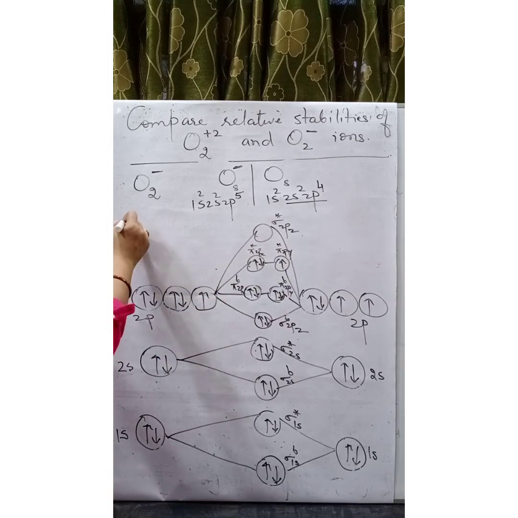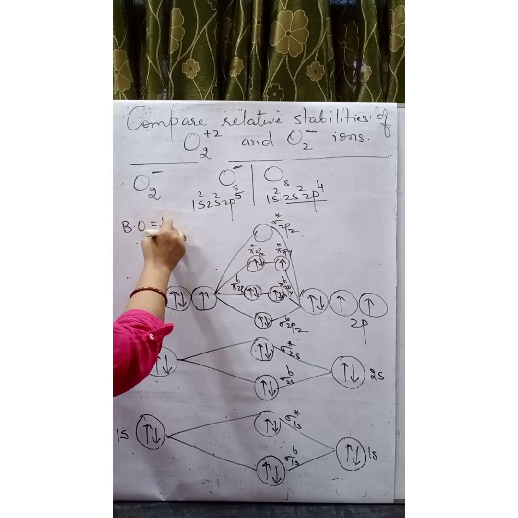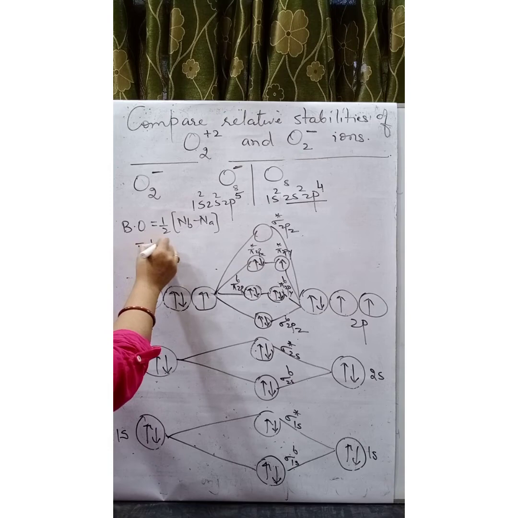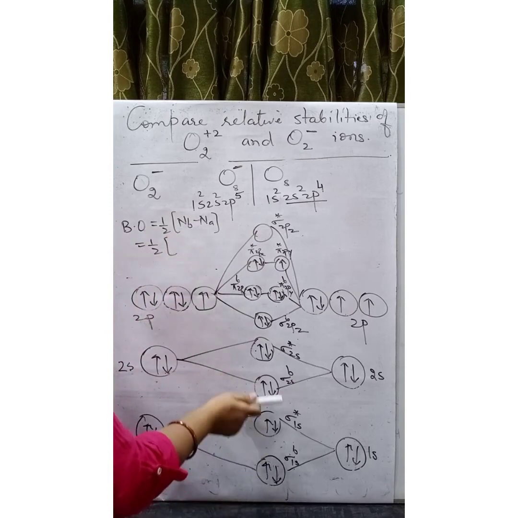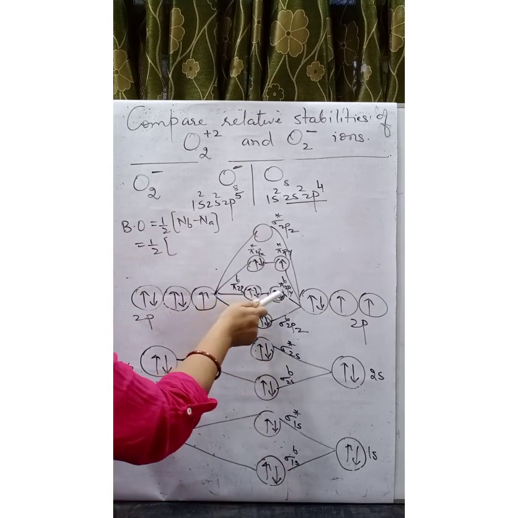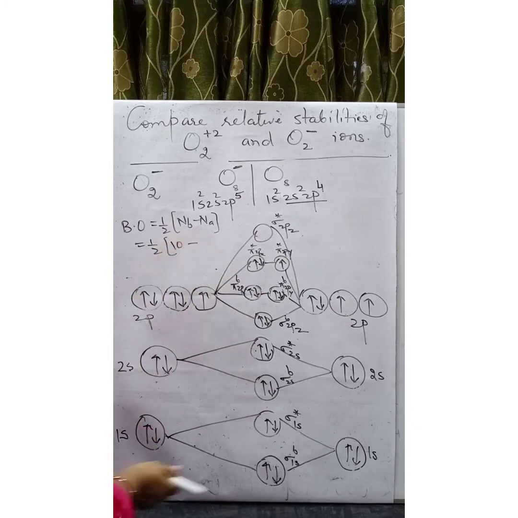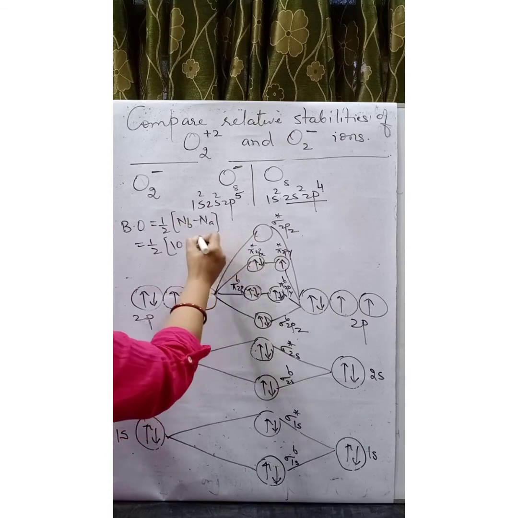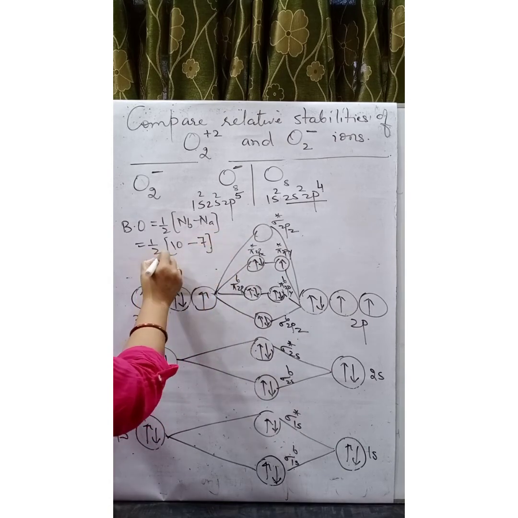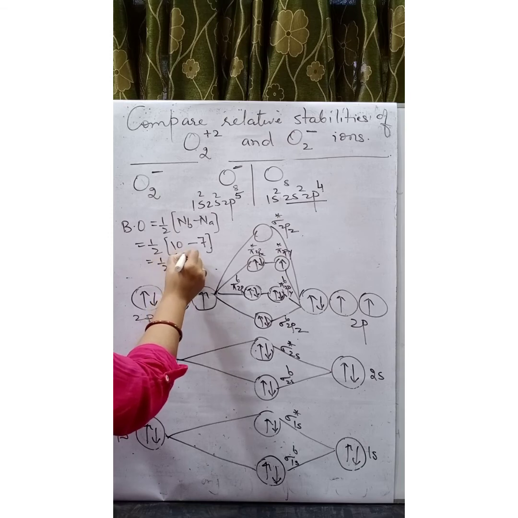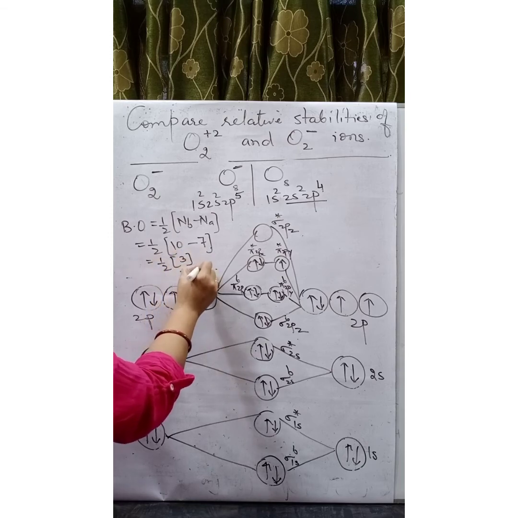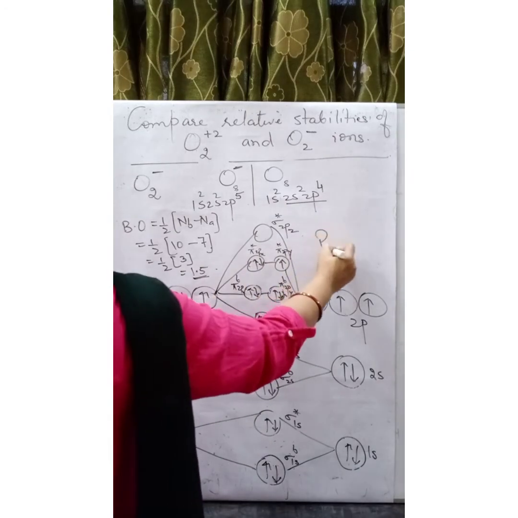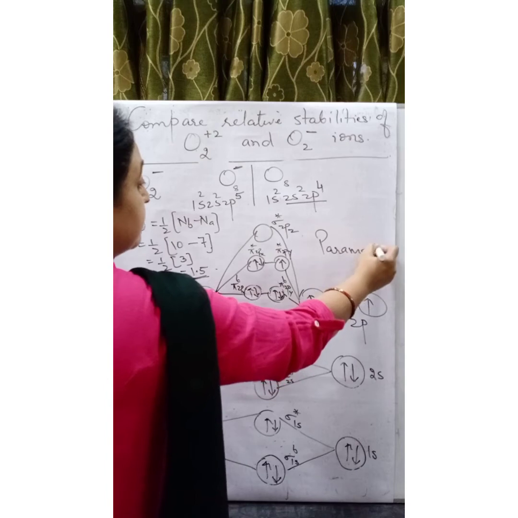Now calculate its bond order. Bond order is 1/2 (NB minus NA), which is 1/2 into (NB: 2 to 4, 5, 6, 7, 8, 9, 10, so 10, minus NA: 2 to 4, 5, 6, 7, so 7). So it is half into 3. That comes to 1.5. If you see the magnetic property, it is paramagnetic in nature because there is a presence